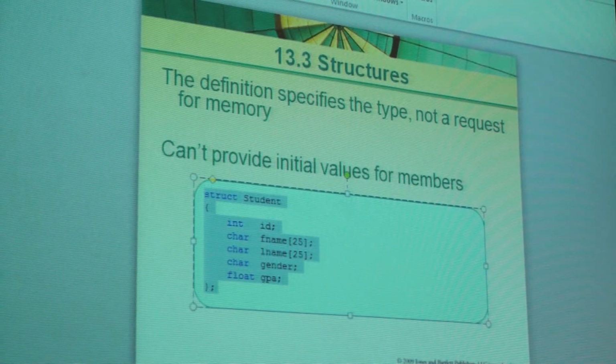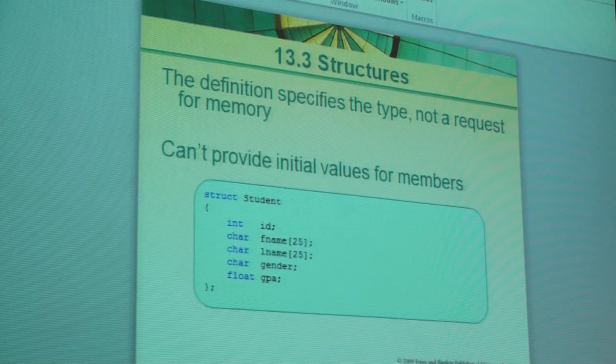Okay? The type name, just like with enums, the type name is student here. So now we can say student something, but it is a type. No memory is allocated for this highlighted piece at all. It's only a cookie cutter, if you will. It's only a template of what will come when we actually do the allocation. Is that clear? So having declared the student data type to be a structure with an integer which is 4 bytes